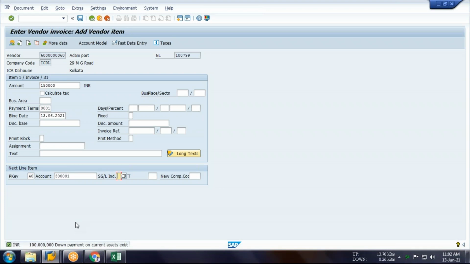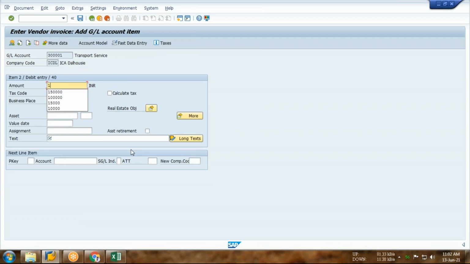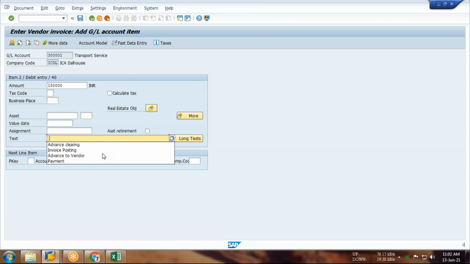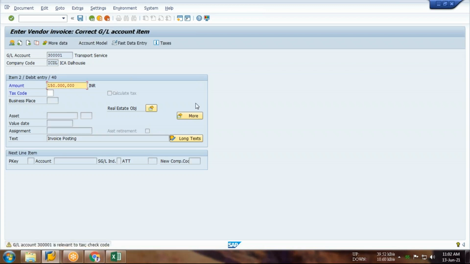It may be a purchase account, or any service account, input service account. It has to be the expenses part. Now move on to the next line item. Press enter. Here you have to put 1,50,000. In the text column, put invoice posting. Then save and post.